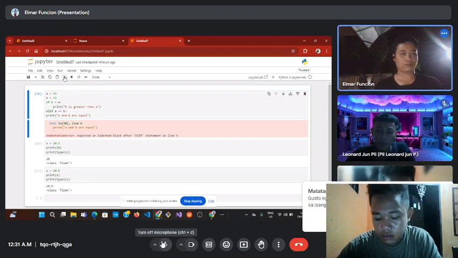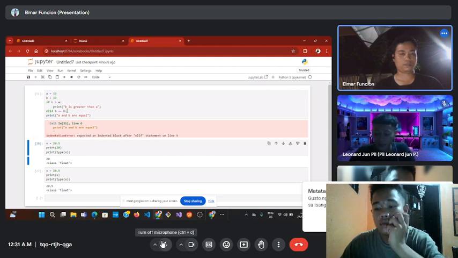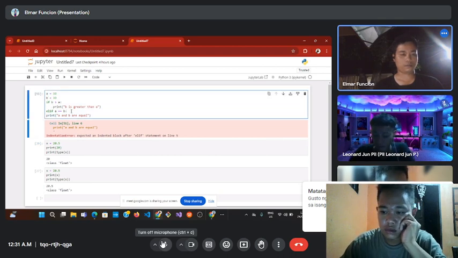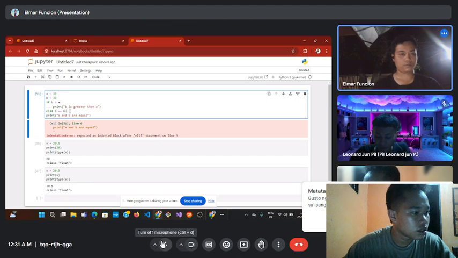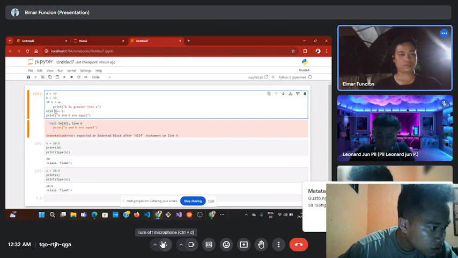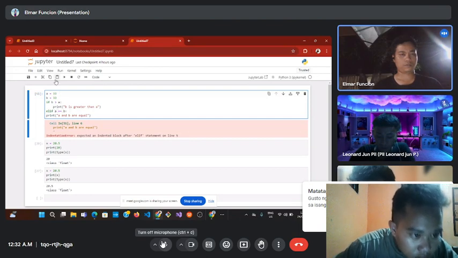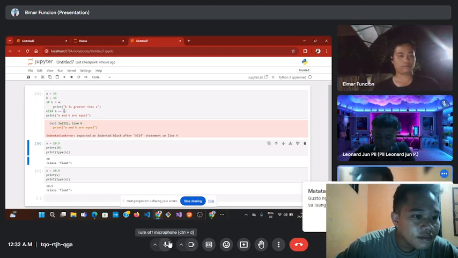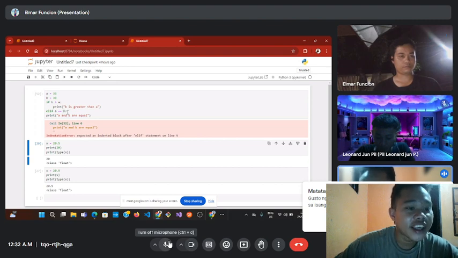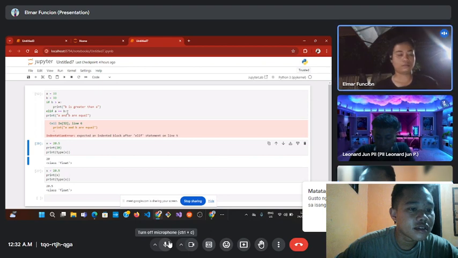That might be wrong. So, condition, elif a equal b. It's already equal.